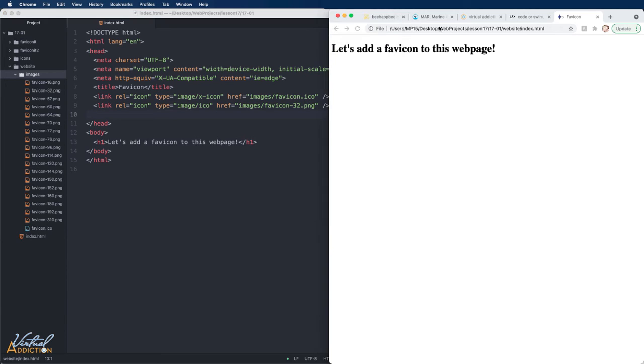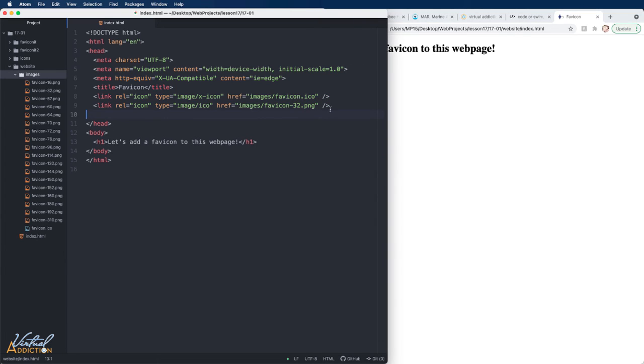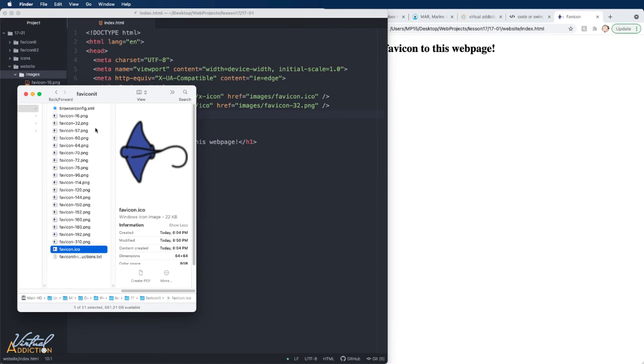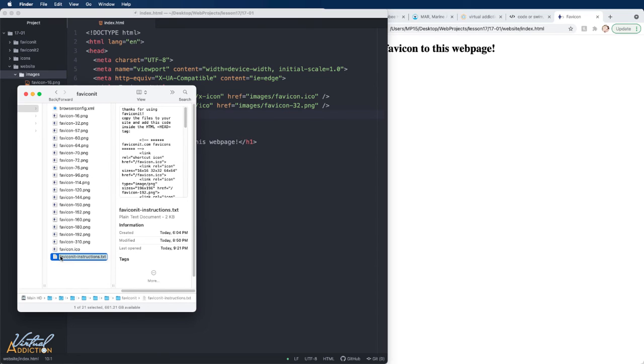If we save now and we refresh, you're going to see that the same sort of image is going to display. It now is defaulting to the PNG since this link element comes after the one that's linking to the ICO. With the advent of all sorts of different devices, we actually have the ability to use higher resolution favicon icons, which is why we have so many different versions. If you want to take advantage and use all of these different versions, I suggest you reference the text file that was included when we went ahead and used favicon to create all of these different elements.